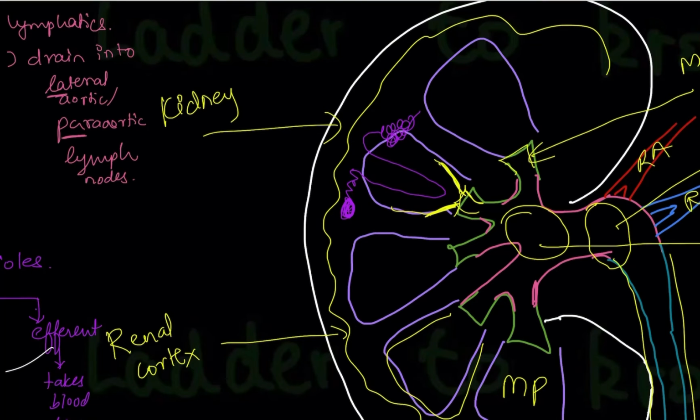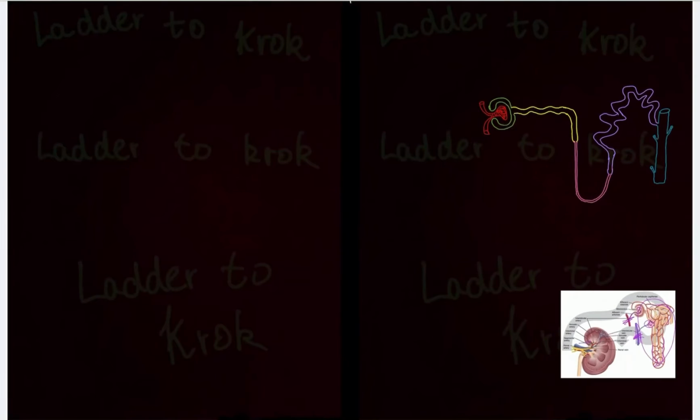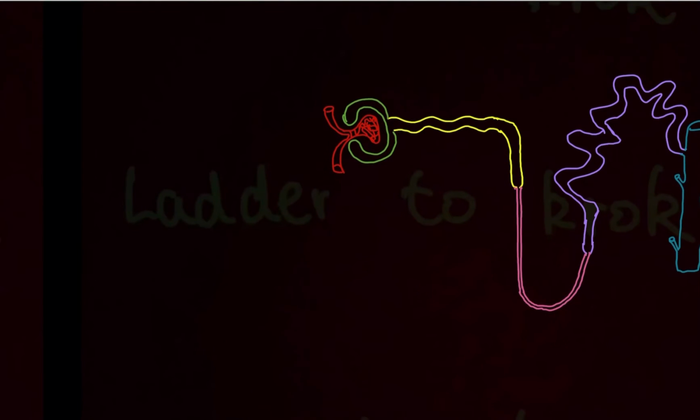These nephrons will carry out the function of filtration, reabsorption, secretion. The three major functions which we'll be doing in the pathophysiology subject in detail. So this will do this function of formation of the urine. Once the urine is formed, it is taken up by the ureter, and ureter will put it into the urinary bladder. So now let's look at that structural and functional unit of kidney, which is nephron.